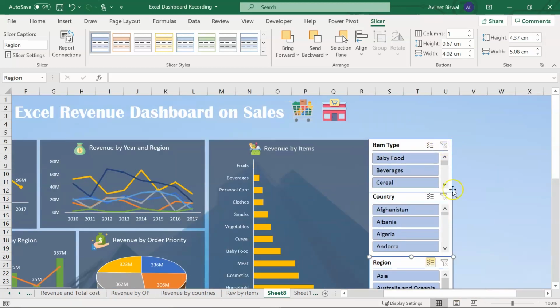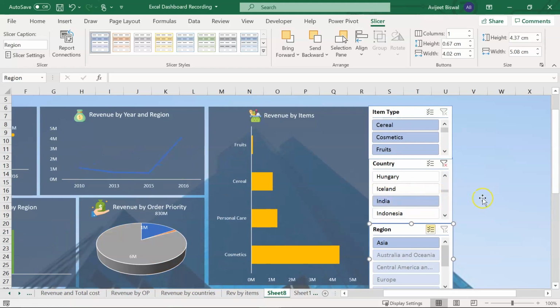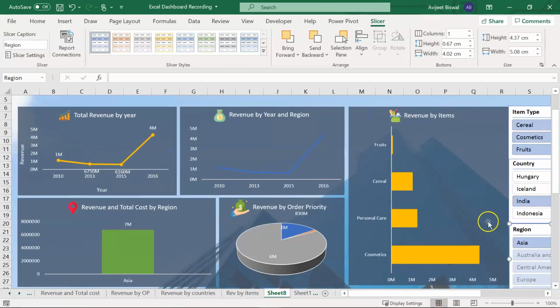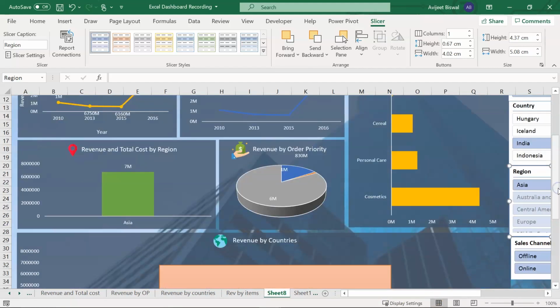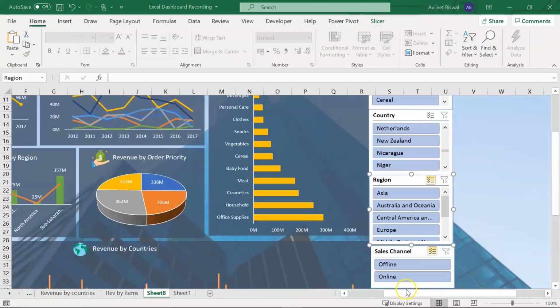Alright, let's say you want to see the revenue generated for a country like India. So I have selected India here, and now you can see my graph has changed only for country India. You can see here it is showing only for India now. Now similarly, you can also filter your revenues based on the different regions.